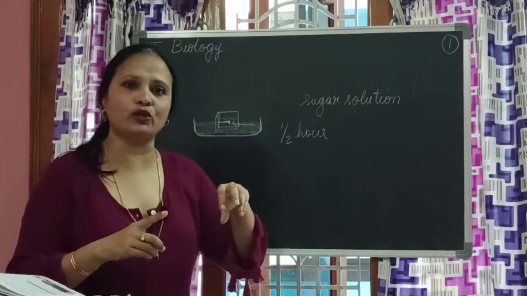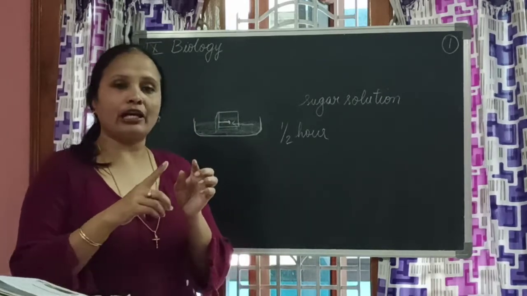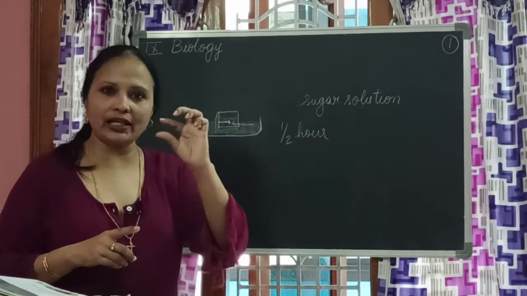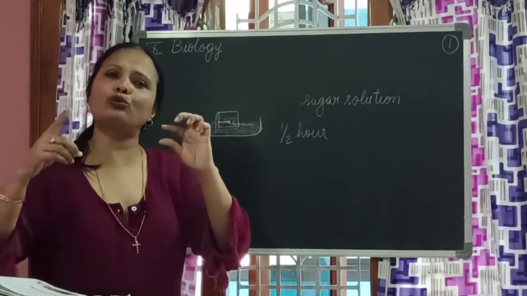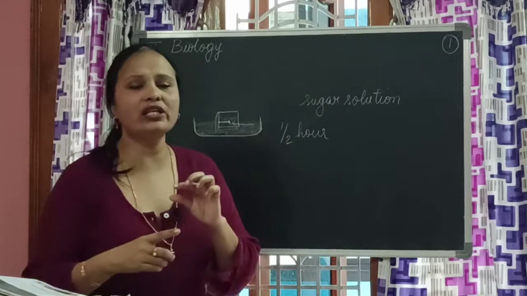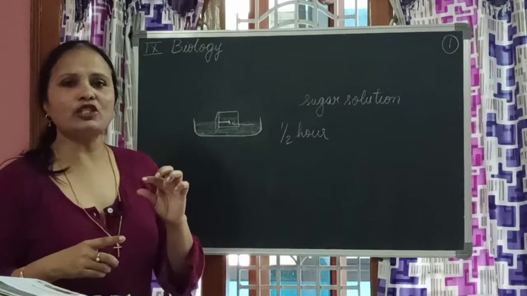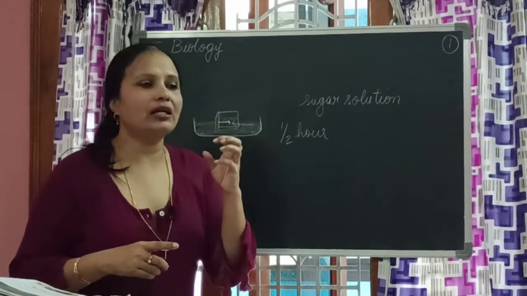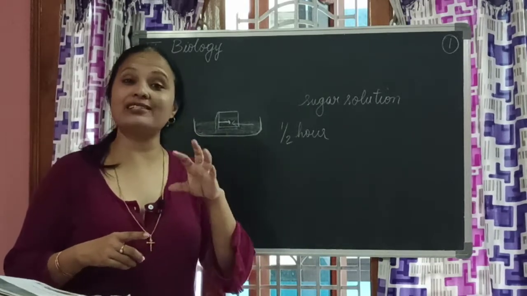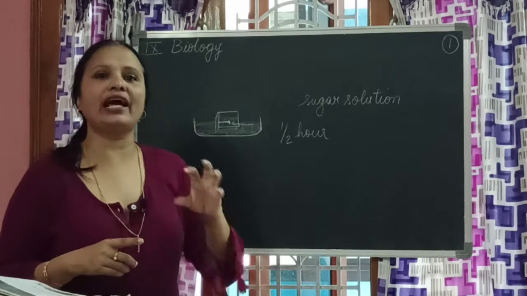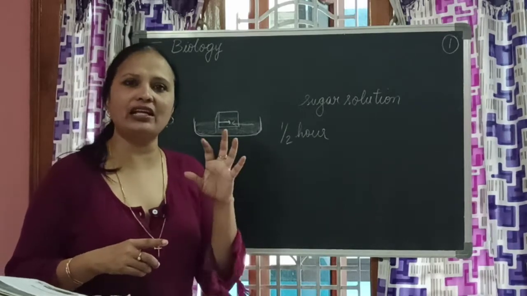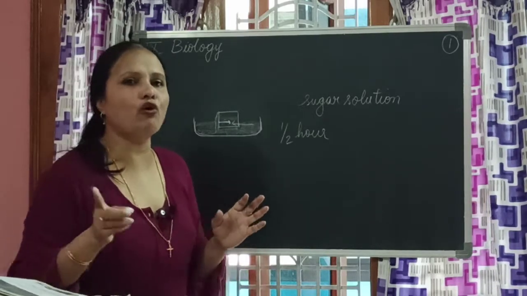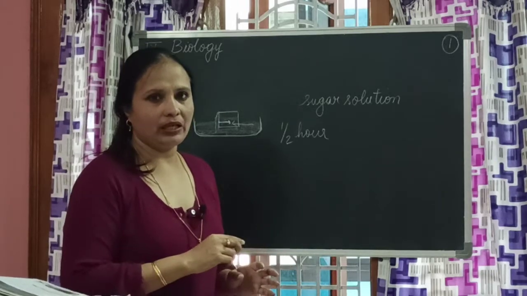And how many layers? That means almost this much thick layer of potato is there. Through that the water moved. How is it possible? It is possible because the potato is not yet dead, the potato cells are living cells. They have a lining. Every single cell has a lining which is permitting the flow of water inside.